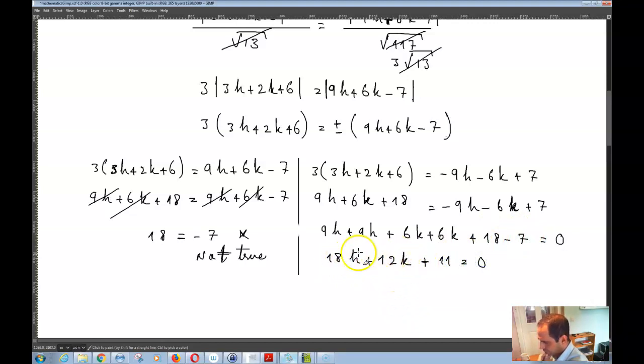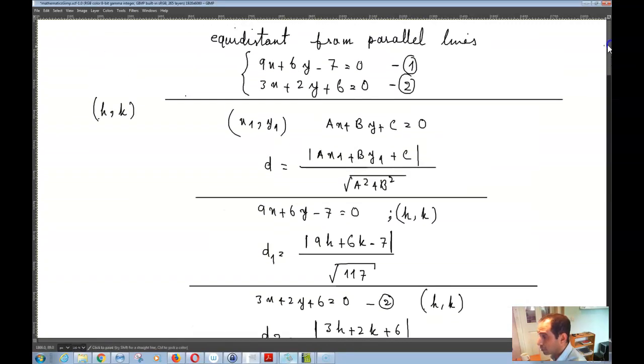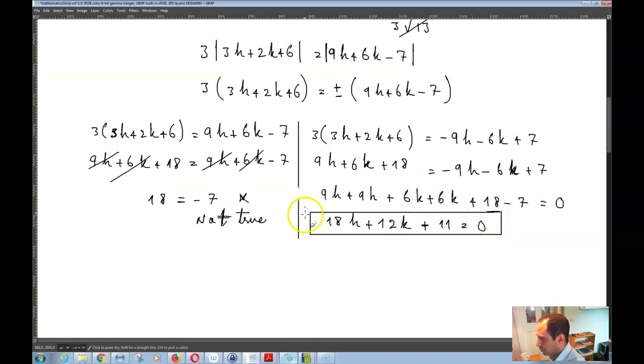That is some relationship between h and k. And I know that the slope of this line is basically negative 3 to 2, because the slope over here is basically negative a to b, so it's negative 3 to 2. So your m is equal to negative 3 to 2. So that has to have the same slope as well, meaning that